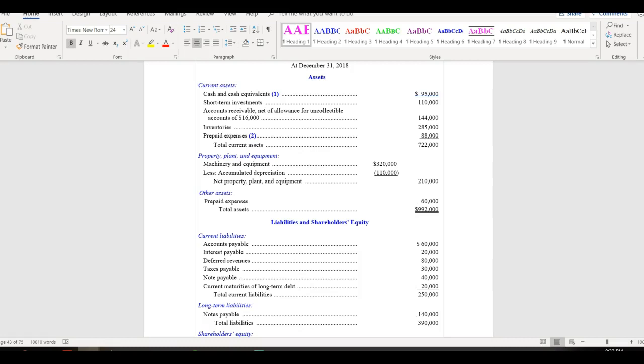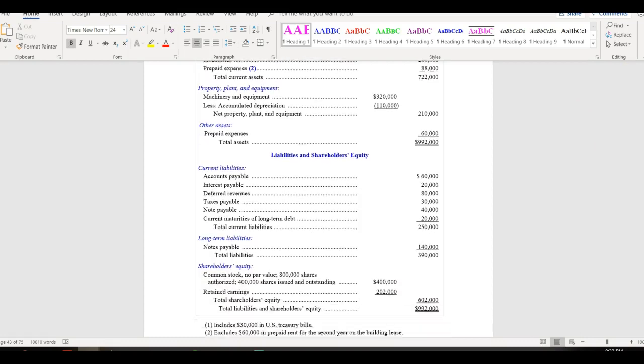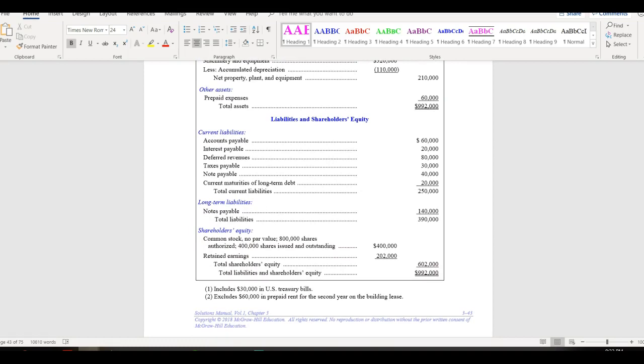Then our machinery and equipment, $320,000 less our accumulated depreciation of $110,000 gives us our net property, plant, and equipment of $210,000. Our prepaid expenses of $60,000 would then give us our total assets here of $992,000. As you see here, we've got in current liabilities our accounts payable of $60,000, our interest payable of $20,000,